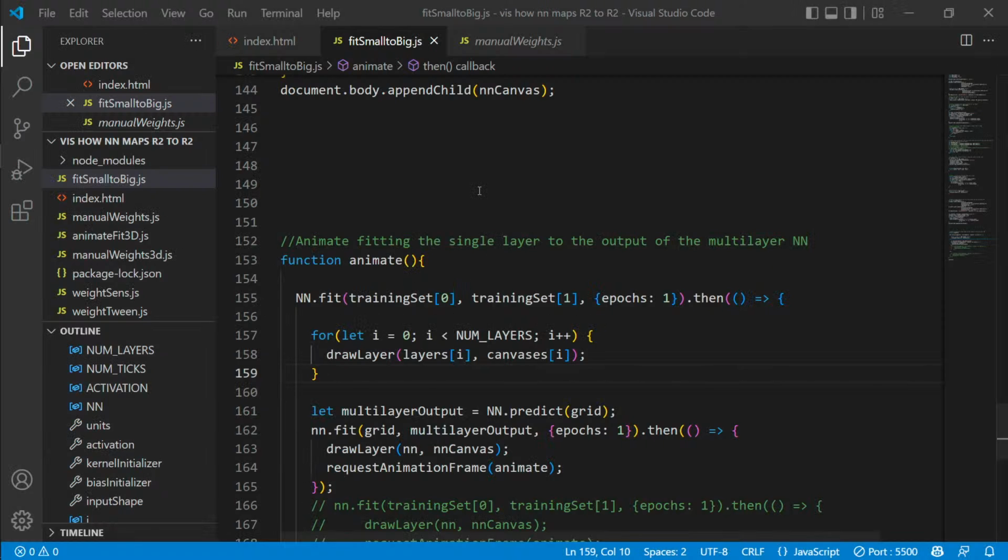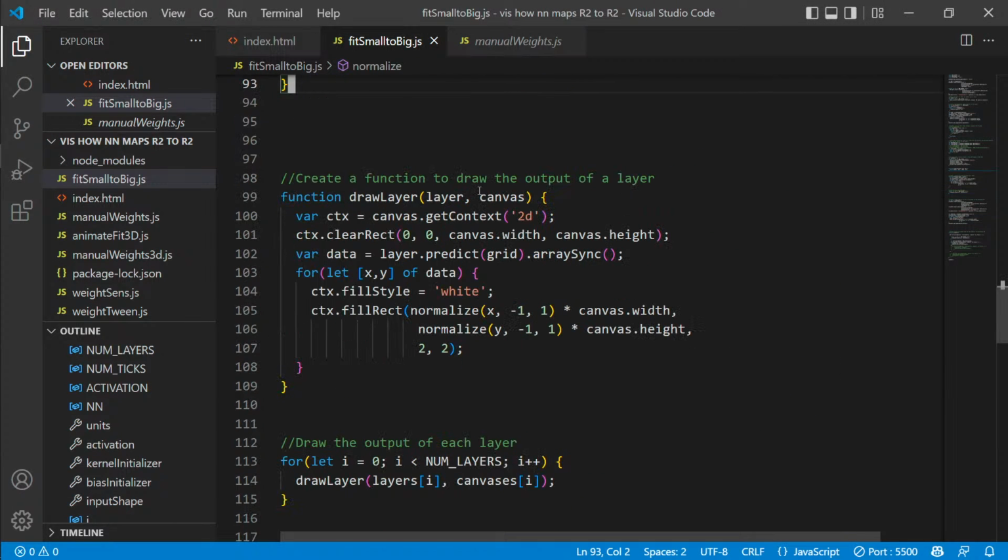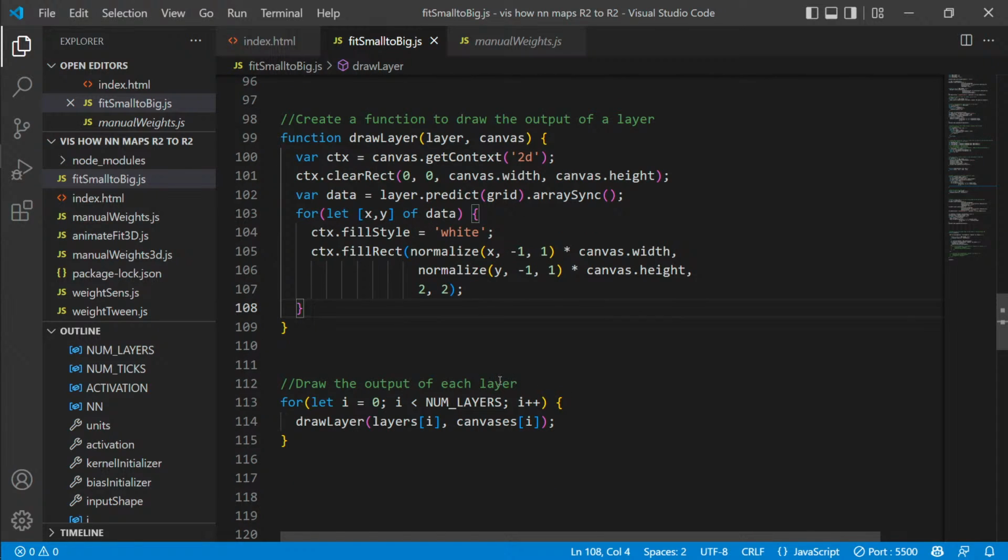I was also going to do something where, yeah, I'll do that later, whatever. Okay, so we're gonna do griddiness. So we want it to be in draw layer,